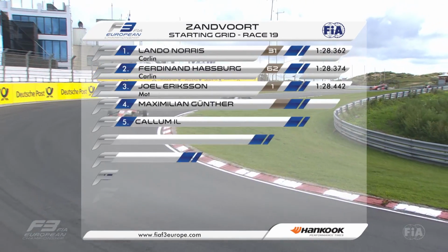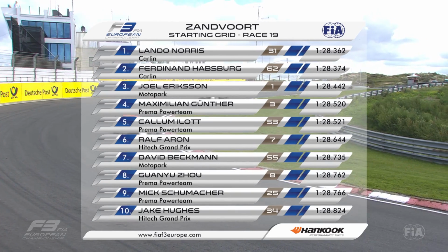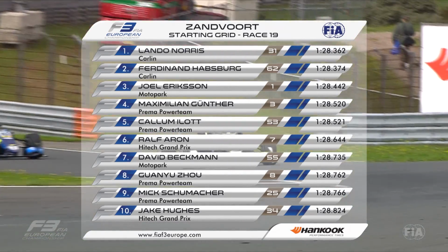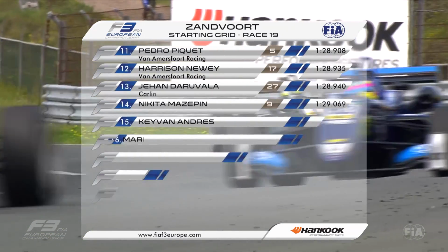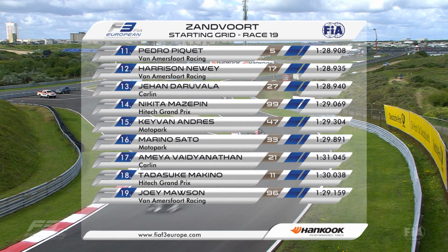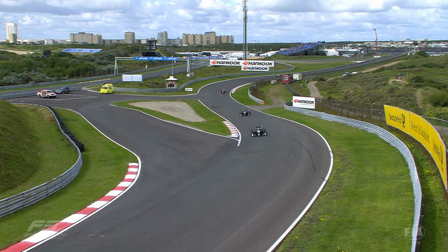Here comes the grid in full for you then. P1 Lando Norris, Ferdinand Habsburg alongside. Then it's Joel Eriksson and Maximilian Günther. Callum Eilert and Ralph Aron battle over the next row before it's David Beckman and Guan Yu Zhu, Mick Schumacher, and then Jake Hughes. Behind is Pedro Piquet, Harrison Newey, Jihan Daravala, Nikita Mazepin, Kevin Andres. Then it's Marino Sato, Amaya Vadyanathan, Tadasuko Makino, and Joey Mawson bringing up the rear of the pack then